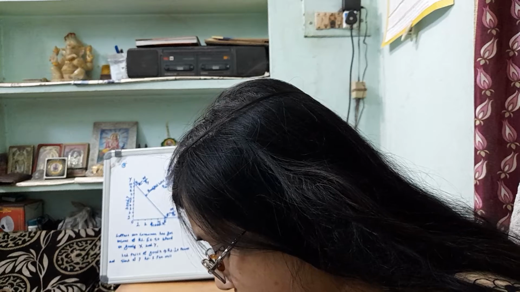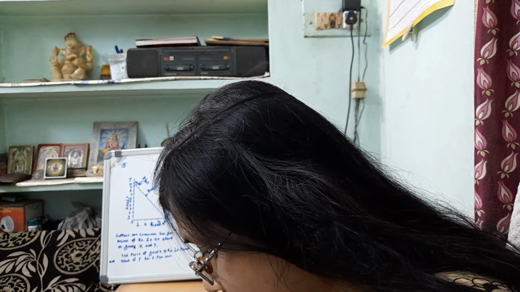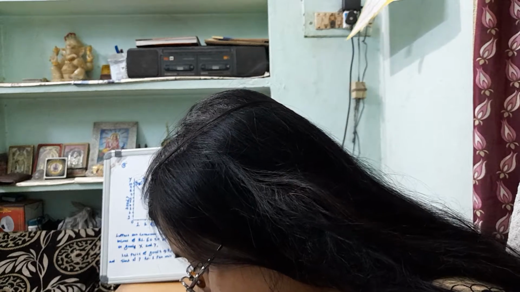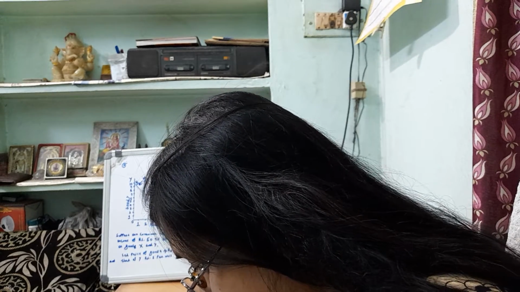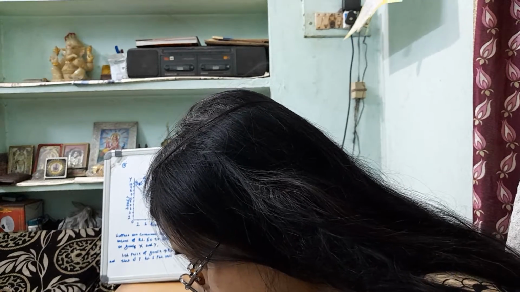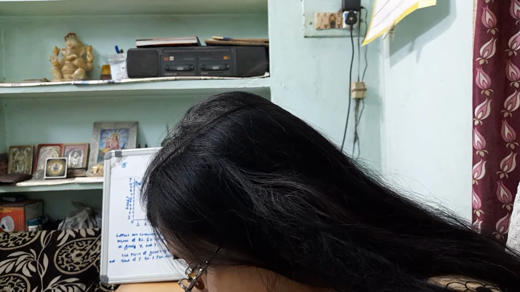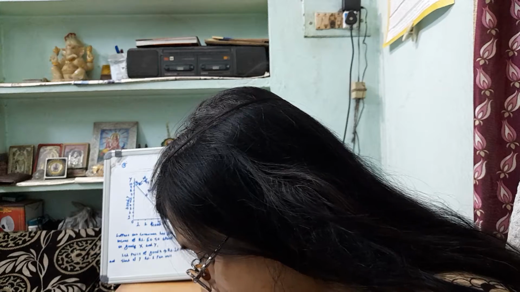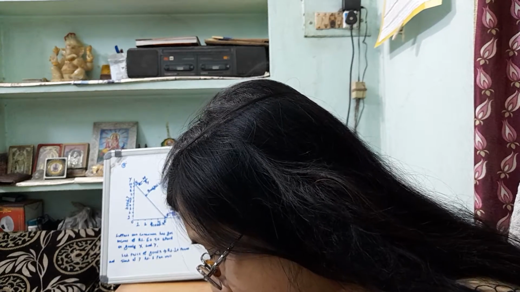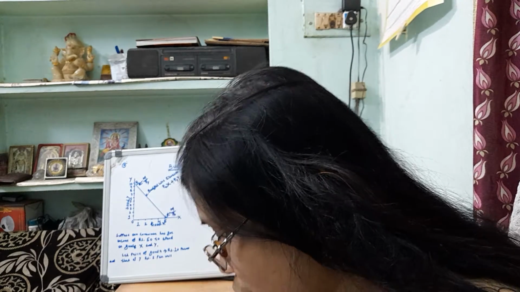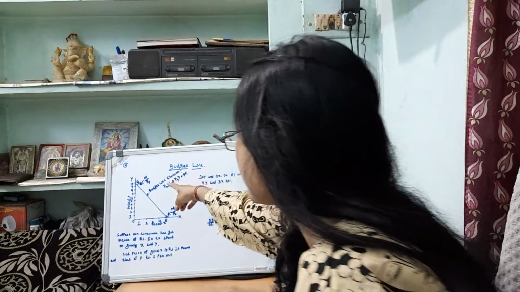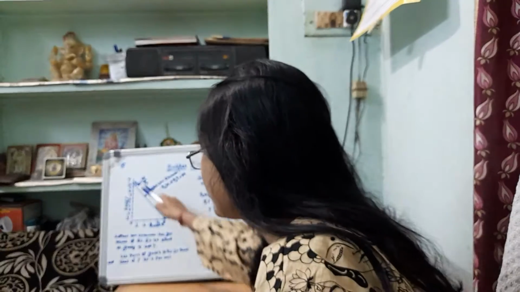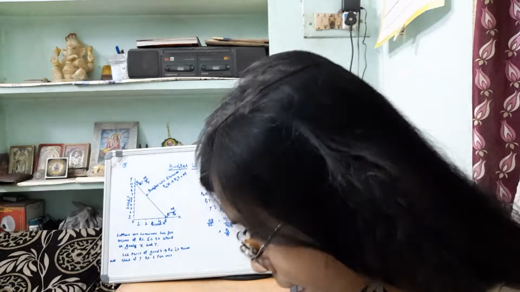Indifference map represents consumer scale of preferences between two goods. Now, in order to explain consumer's equilibrium, there is also the need for introducing into the indifference diagram the budget line which represents the price of goods and consumer's money income. This is budget line. Good X is represented on X axis and good Y is represented on Y axis.